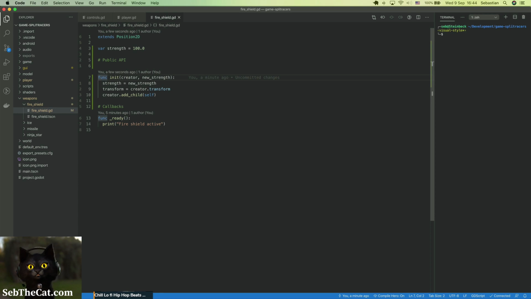Okay, so when we shoot our shield, we create this sort of fire shield scene, and that is going to be set to the same position as the player. And then we add ourselves. No, actually we don't. That's incorrect. We don't need to set our position. It's only when we create bullets that we need to set the position. Because the bullets are going to be added to the parent of the creator. But for this, because it's a shield, it's going to follow the player around, so it needs to be a child of the player. Okay. So we add that to ourself, and I think that's pretty much all we need